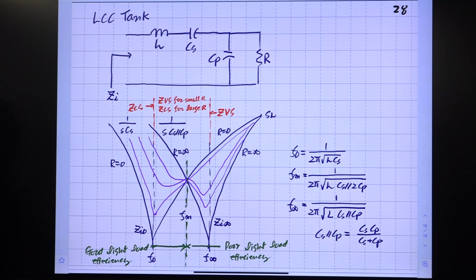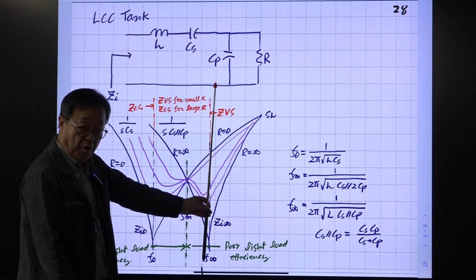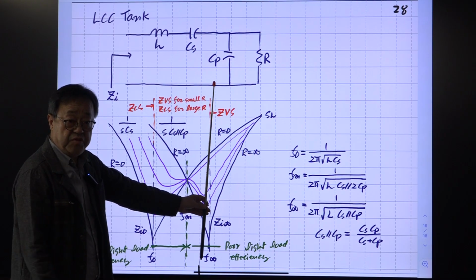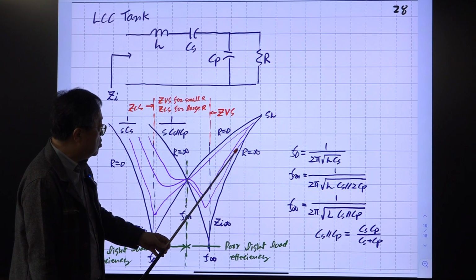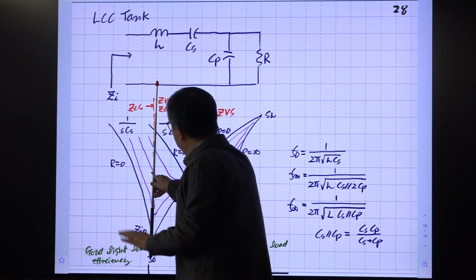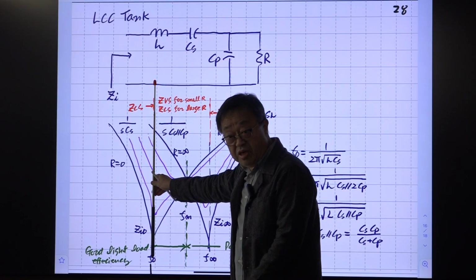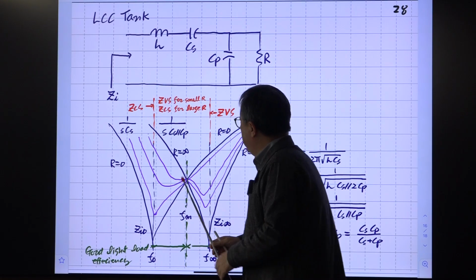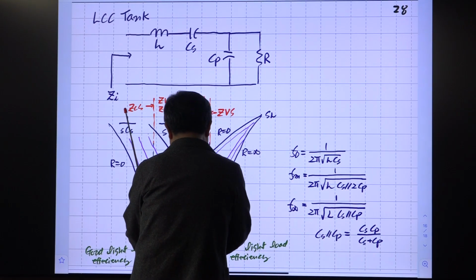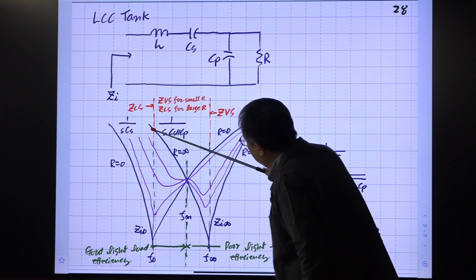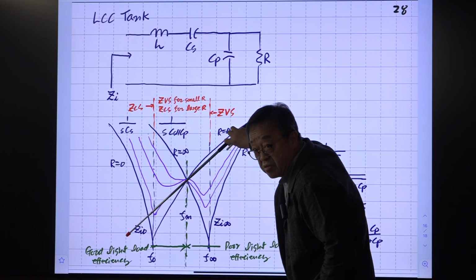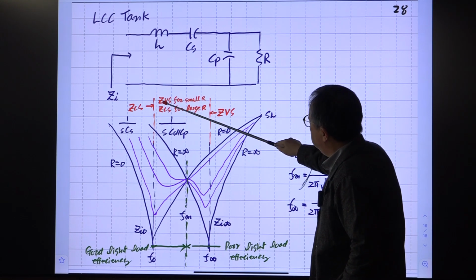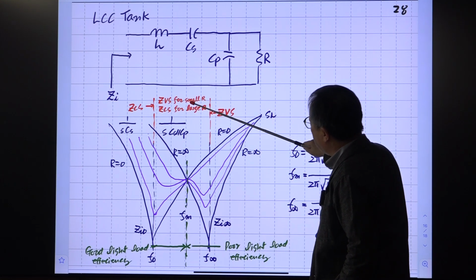How about the GCS and GBS characteristics? On the right-hand side of this vertical line, GBS is always guaranteed regardless of the value of R, as R goes from 0 to infinity. And on the left side of this, GCS is guaranteed for all R's. In the middle, between F0 and F infinity, with large R, this is GCS. With small R, GBS. So this can be either GBS or GCS, with GBS if R is small.